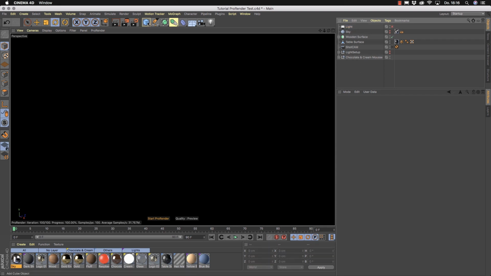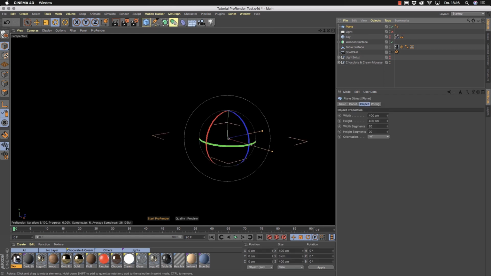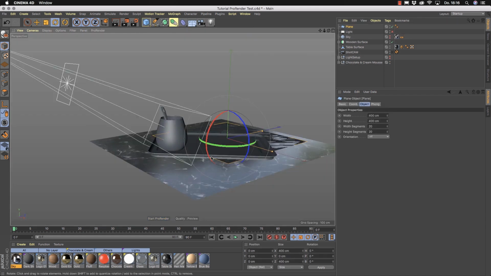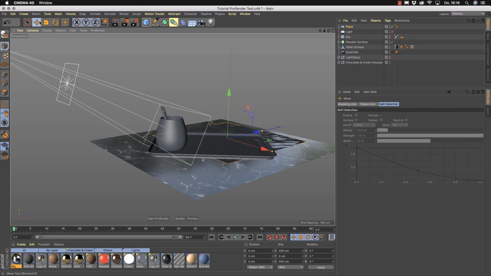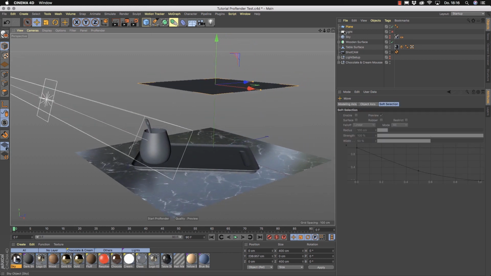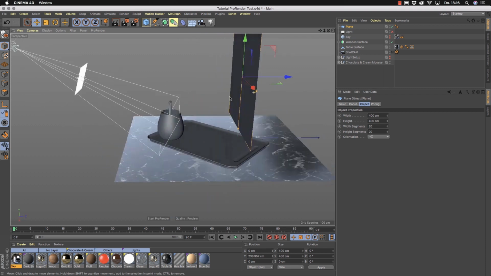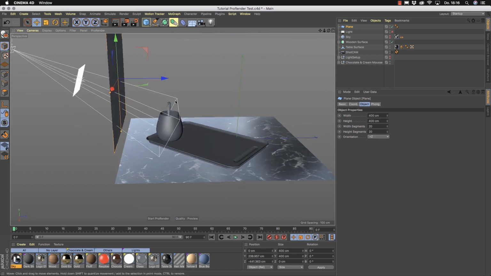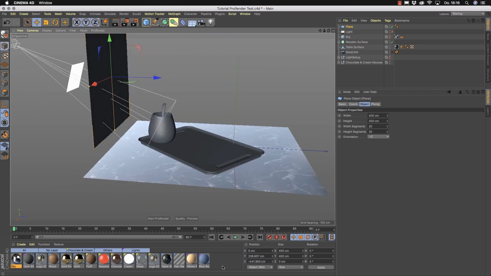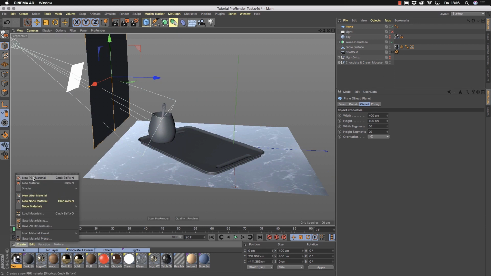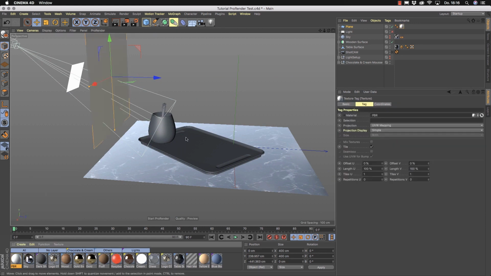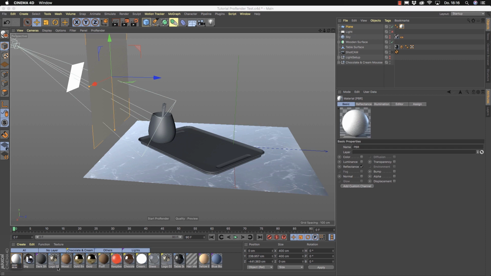A mesh light is, for example, a plane, and I stop ProRender for a moment. I place my plane here and I make sure that my plane looks into Z direction. Okay. And if I now add a PBR material onto this plane, and I name it mesh light,